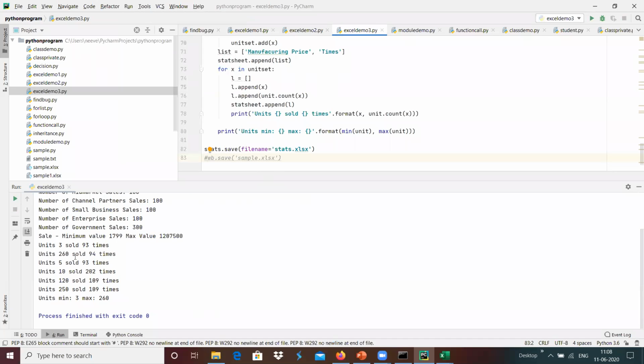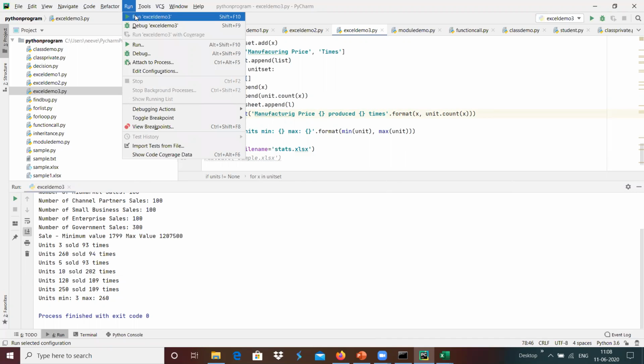We got the updates: a cost of $3 is sold 93 times. I'm going to put manufacturing price, products produced this many times, basically, and I'm going to run this.